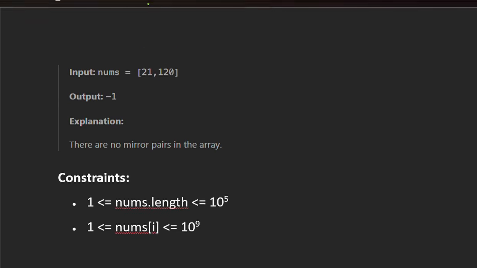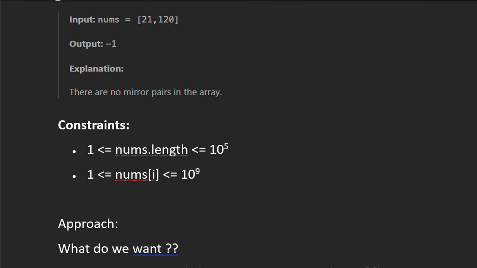So let's see the third example. In the third example we are given the nums array 21 and 120. First we take i equal to 0, j equal to 1. At i equal to 0, we have 21, and the reverse value of 21 is 12. At j equal to 1 we have 120.